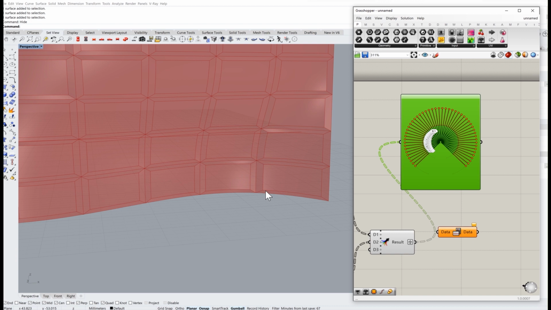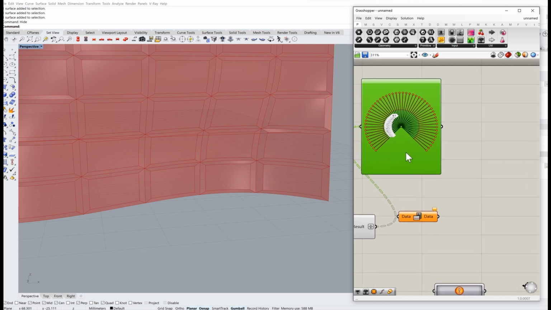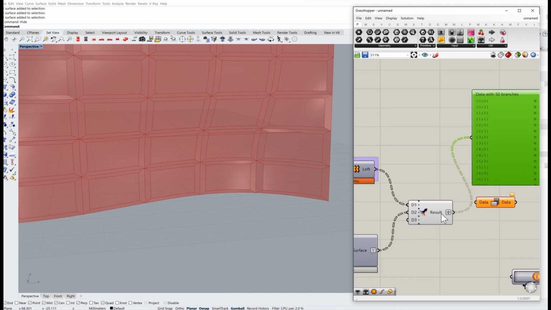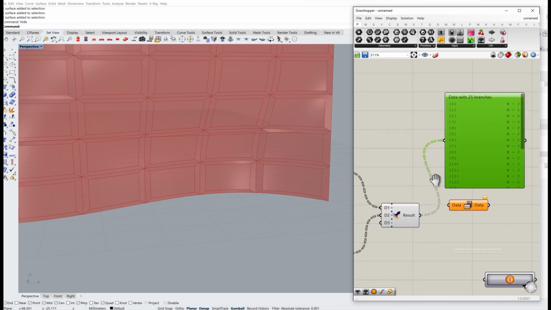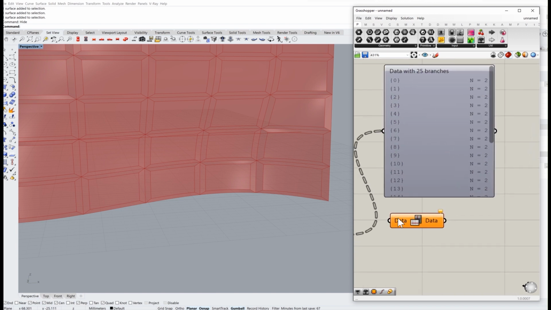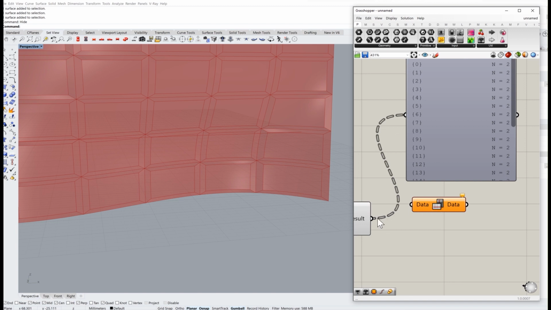And so on. So it kind of flips the logic of a data tree. And I can show you how it works this way. Let me not have this grafted. So now we have 25 branches here with 2 elements in each branch. If I run flip matrix on this,